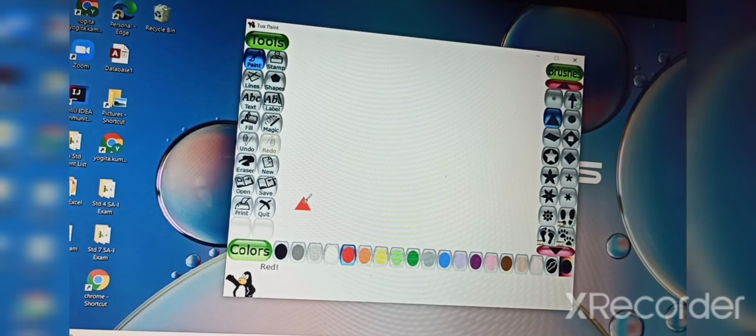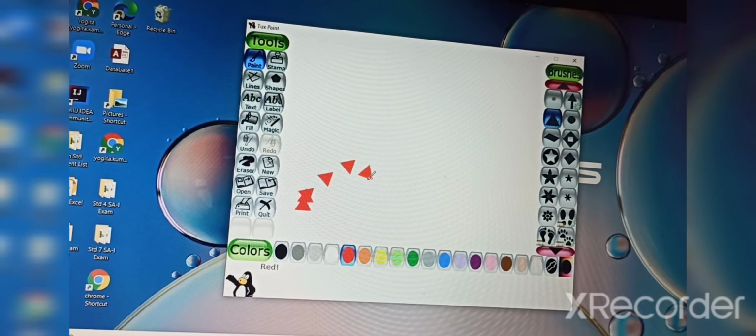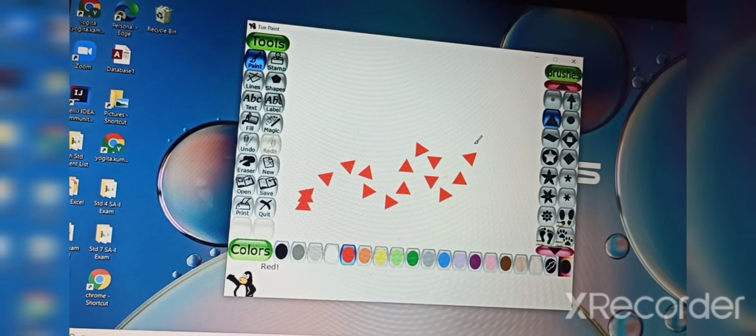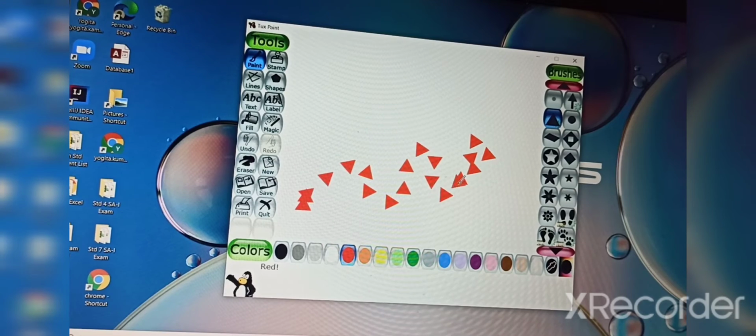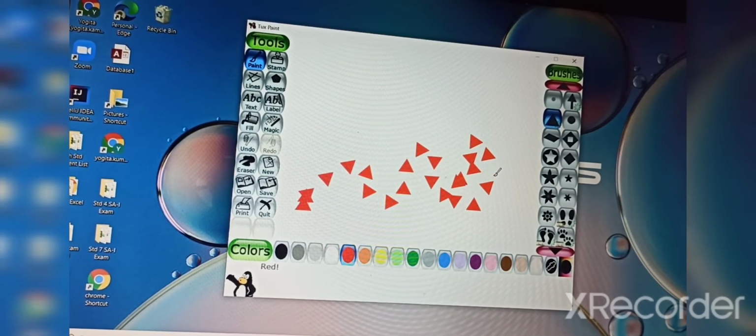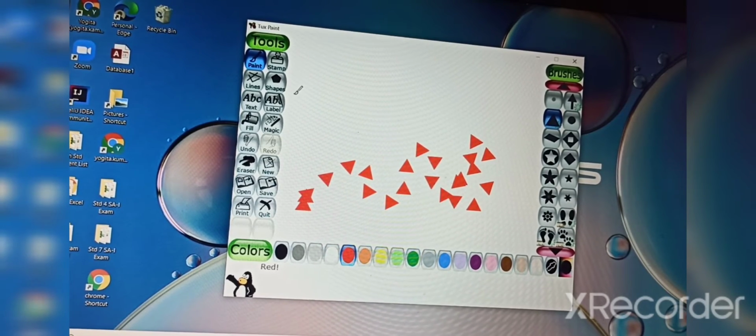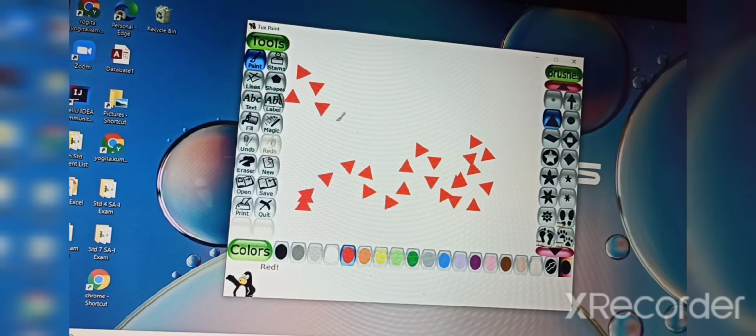Now drag. See where you will drag, and see how it will occur. Drag the mouse to make the drawing, and you will see the pattern drawn. Now release the mouse when finished. When you want to stop any pattern, you have to release the mouse. Otherwise, see, I have not released the mouse, and it will keep showing the pattern.